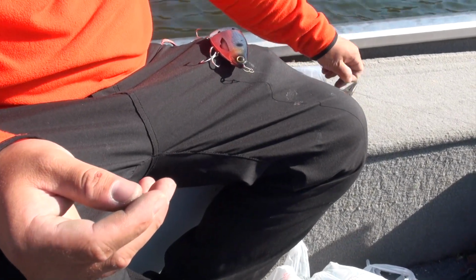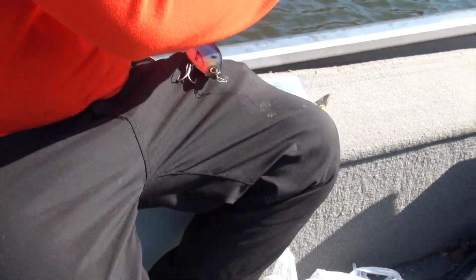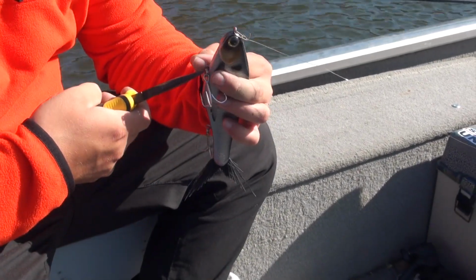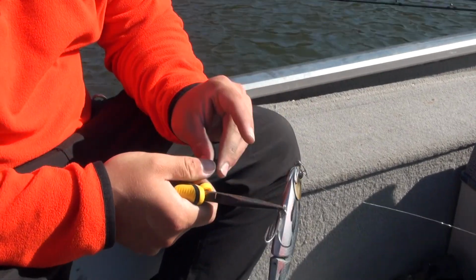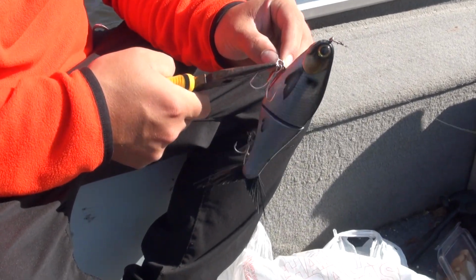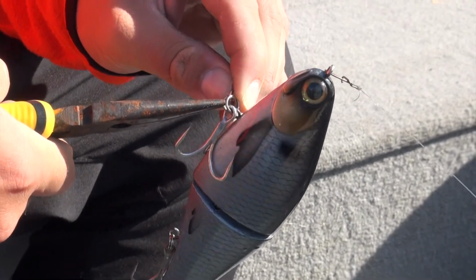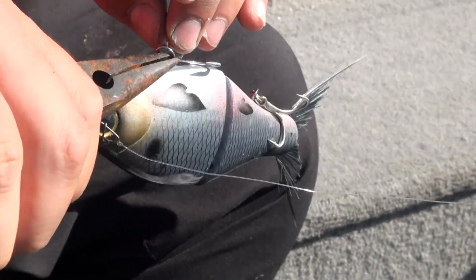You can do this to glides, you can do this to lip baits to make them suspend. You can do this to all kinds of stuff. It works really well on the glides because the glides are very weight sensitive, and just a little bit of added weight will make a big difference. So we're gonna just pop this on this split ring right here. Try not to get any hooks in my finger. There we go. And just put it right on the